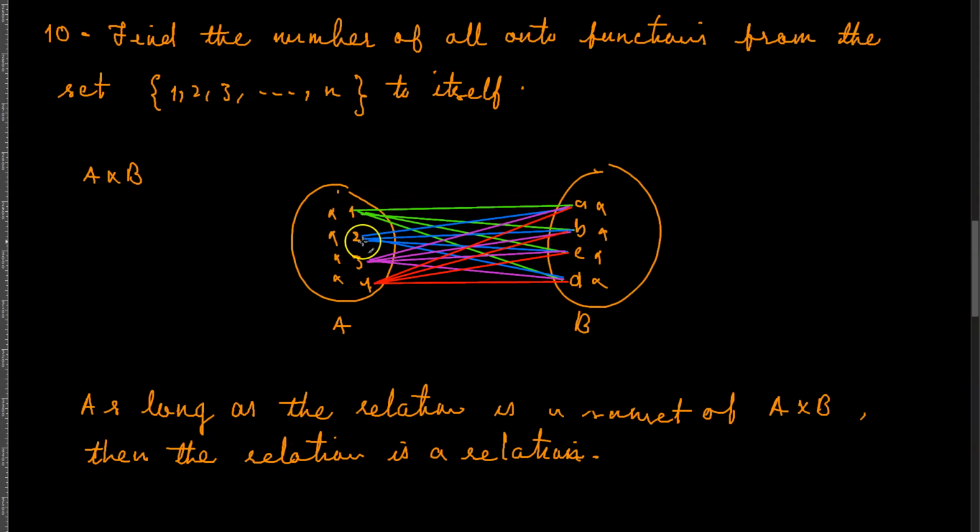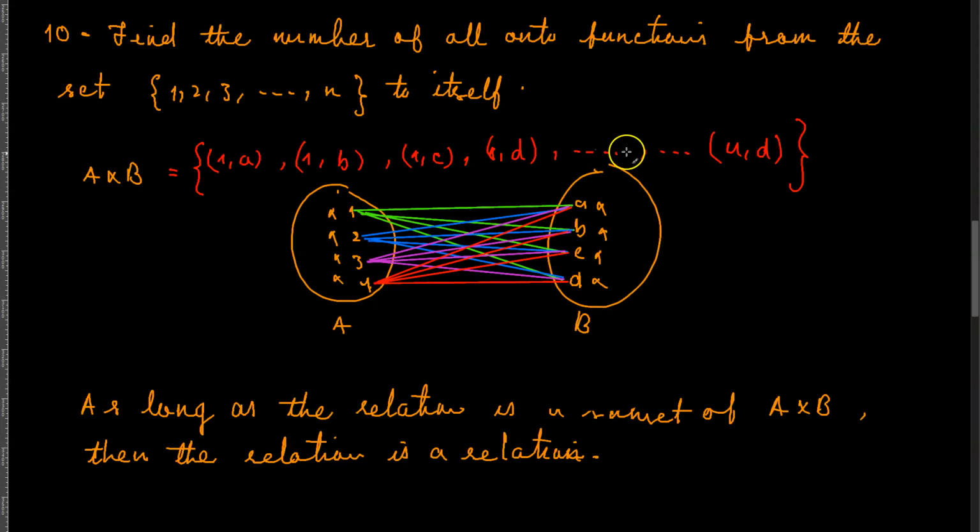So you get basically 4 times 4, which is equal to 16 ordered pairs here, meaning that you get all of these ordered pairs, 1 comma A, and then you get 1 comma B, for example, and then you get 1 comma C, you get 1 comma D, and so on and so forth, all the way up to 4 comma D, and the total number of these ordered pairs becomes 4 times 4, which is equal to 16 ordered pairs here, right? Now from these 16 ordered pairs,